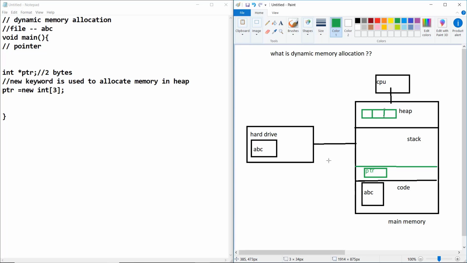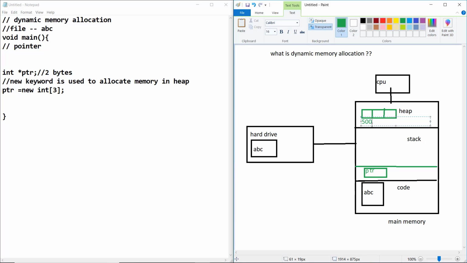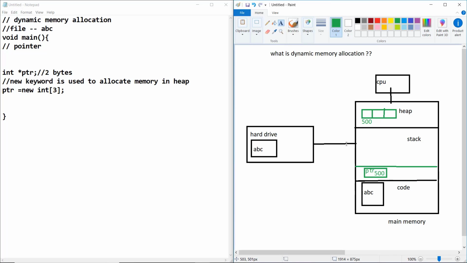Suppose it has an address of 500. This 500 is stored in the ptr variable, and ptr is pointing to this memory. So if I want to access this heap memory, I should use a pointer.